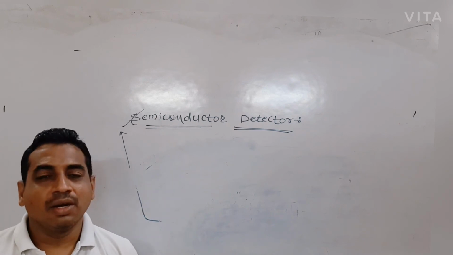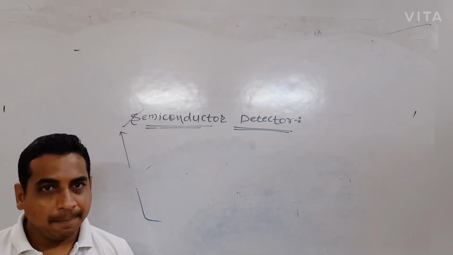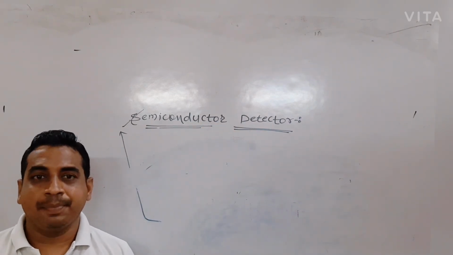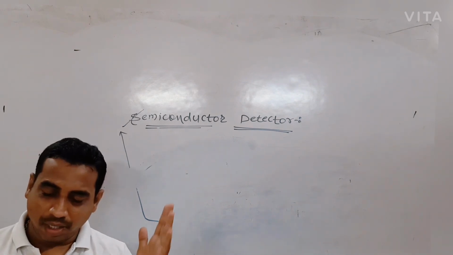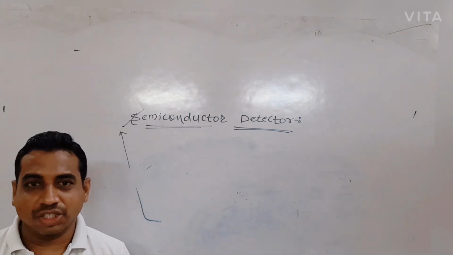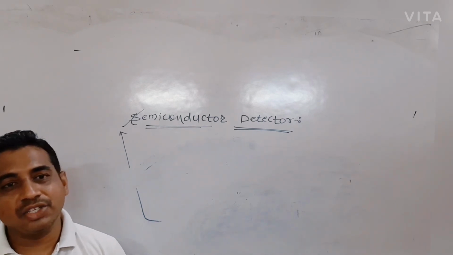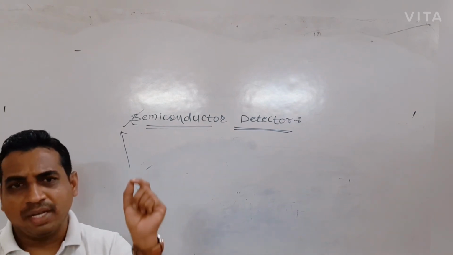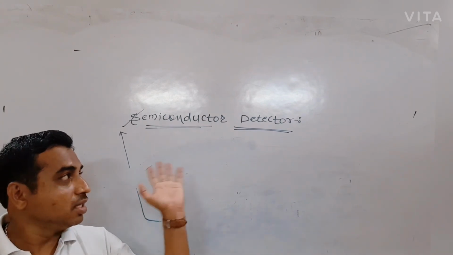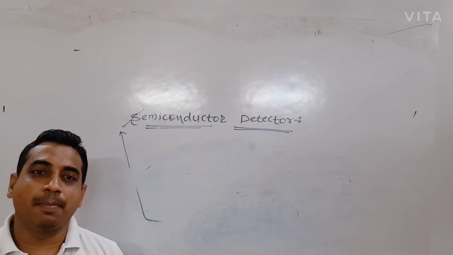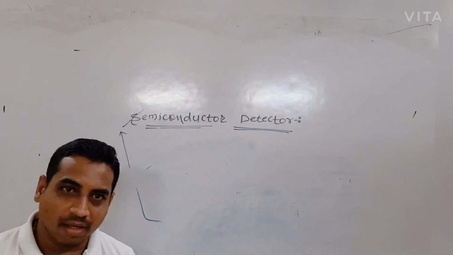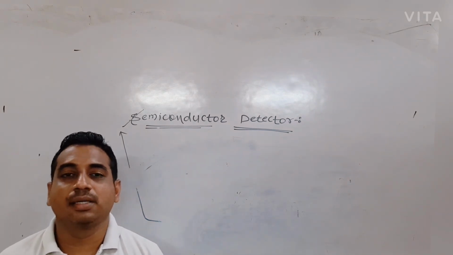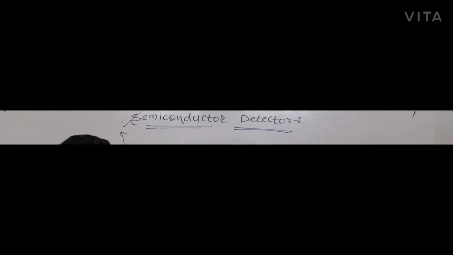In the second lecture we are going to see the explanation of semiconductor detectors, including aim, principle, construction, working, their advantages, their disadvantages, how they are implemented, and a brief history of semiconductor detectors. Such points are included in our second lecture, that is, part two of the semiconductor detectors.